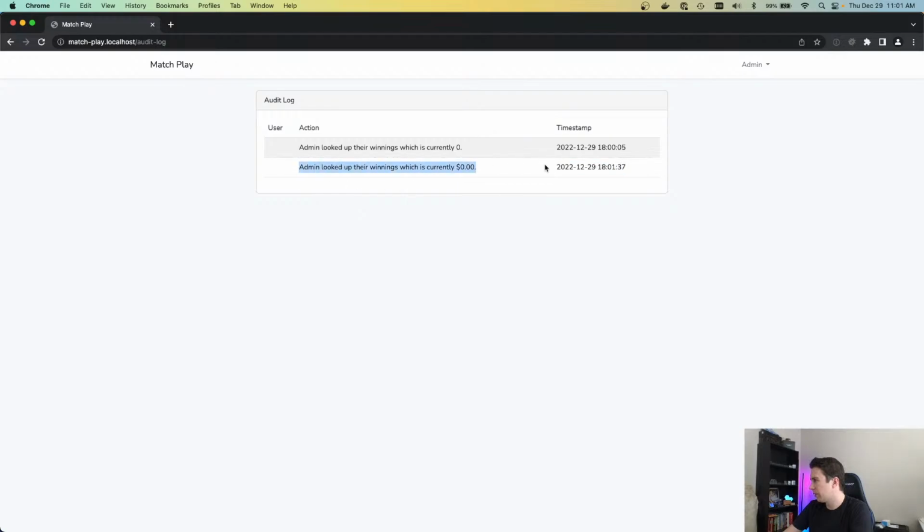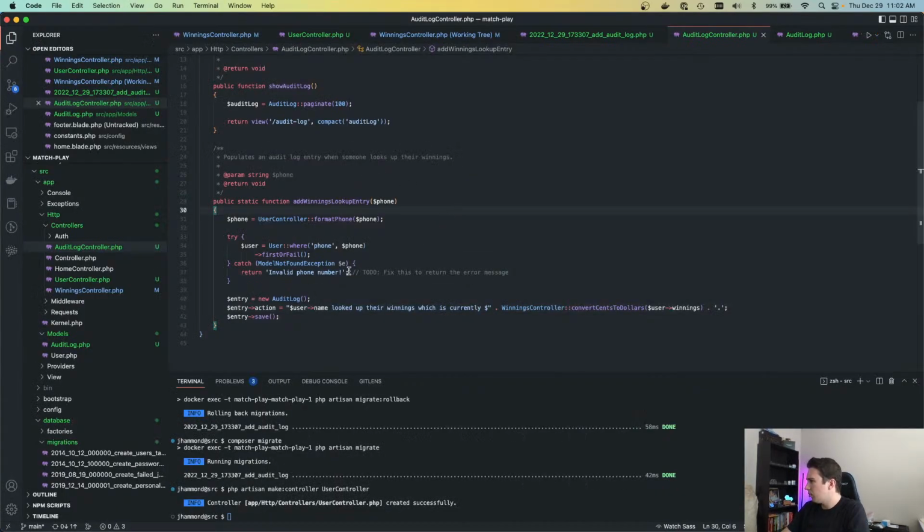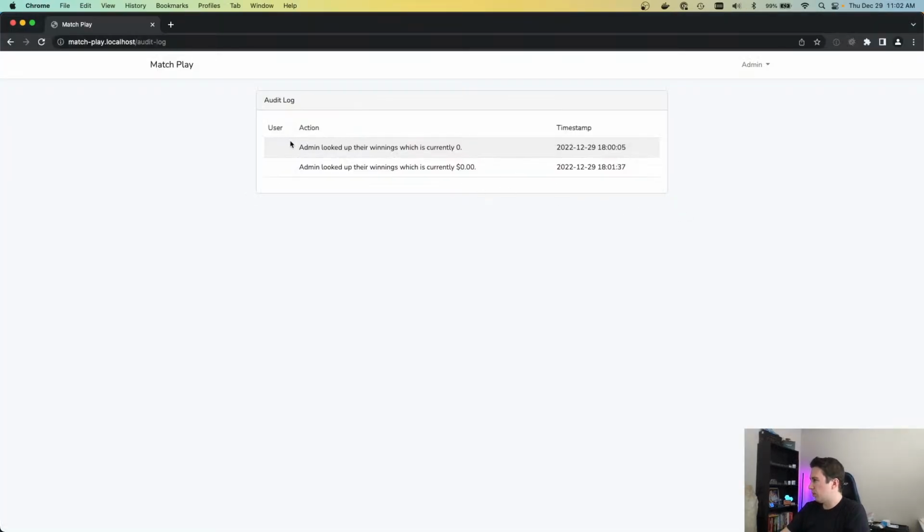Okay, cool. So we have a very simple audit log here. We're going to want to allow the people to search and sort. Eventually, we'll get there. But now we have a working example. And so yeah, that's good to go. The next thing that we need to do now is actually like add something useful. So I mean that's cute and fine, and people can see when people are looking stuff up, but